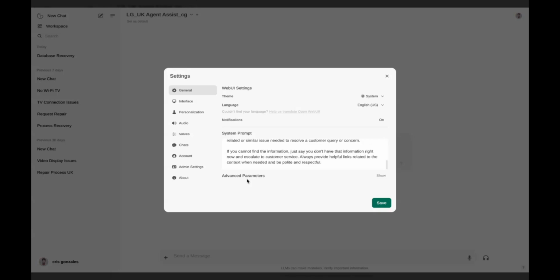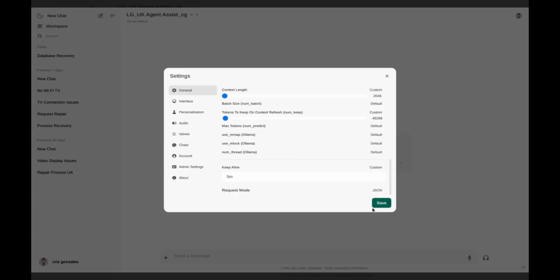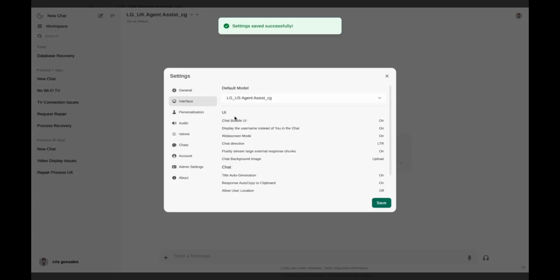And then advanced parameters is for your top key, how you want your AI to behave. Okay. Interface. You will have your default model. What's available to you.